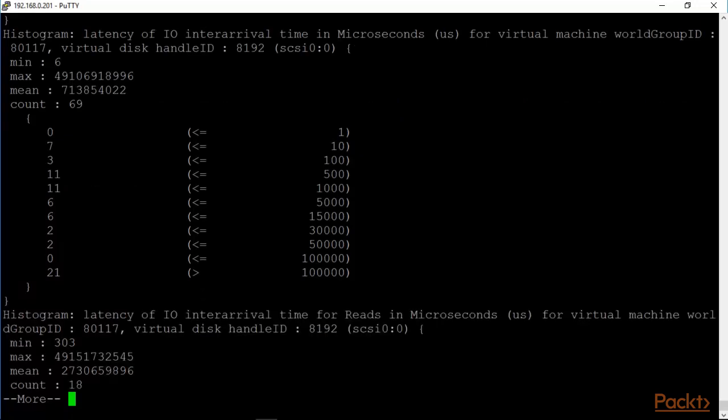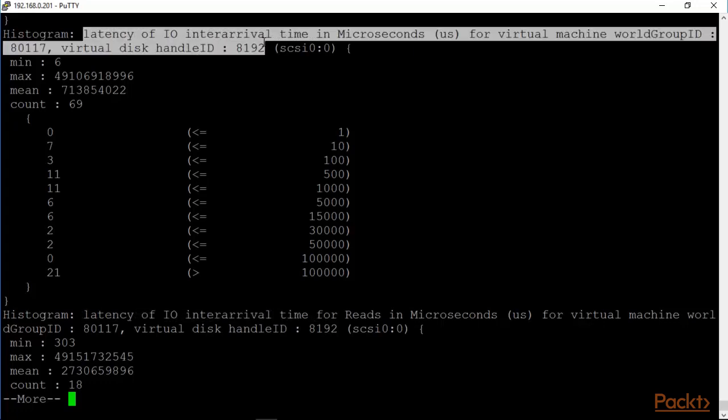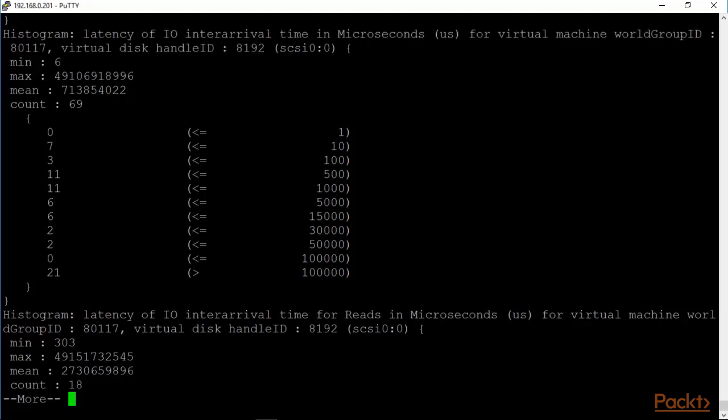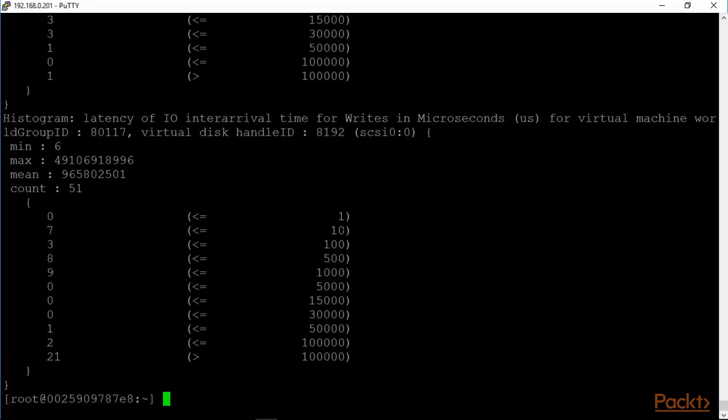And then of course you have the latency of IO inter-arrival time for reads. You have the total latency of IO inter-arrival. So you can see that up here 11 times your arrival time between your commands was 1000 microseconds, and so it goes. So vscsiStats is an extremely useful tool to be able to determine the IO pattern for virtual